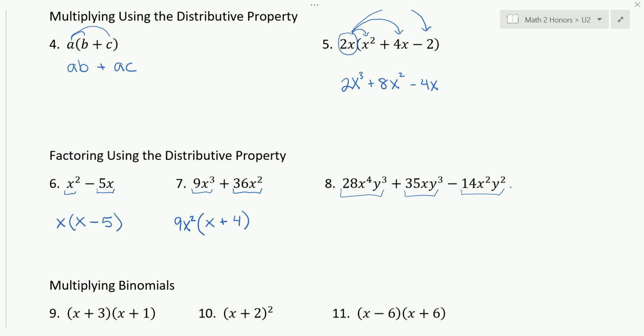Okay, what is the greatest common factor? What can you divide 28, 35, and 14 by? 7 goes into all of those. Can we do better? Not better with numbers. Now, how many x's can we divide out of all of them? You're limited to the lowest one here, right? You can't go above the lowest. How many y's can we pull out of all of them? 2. Okay, so 7x